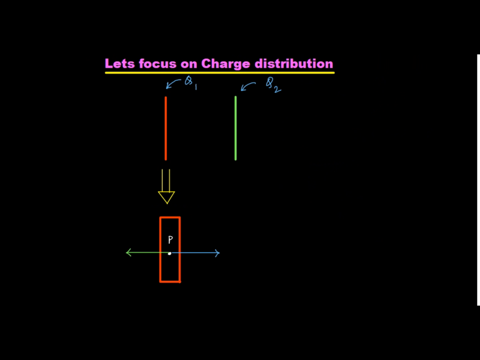So here in this arrangement, I have taken two conducting plates and one is given charge Q1, the other is given charge Q2. I am considering both are given positive charges. Now when both of them are given positive charges, there will be some kind of rearrangement of the charges on each surface of these plates. Each surface means we have surface 1, surface 2, surface 3, surface 4. So I have to figure out which surface carries what amount of charge. That is a technical challenge that we have to unlock over here.